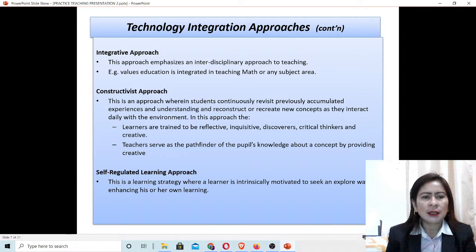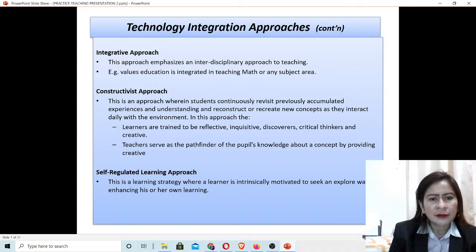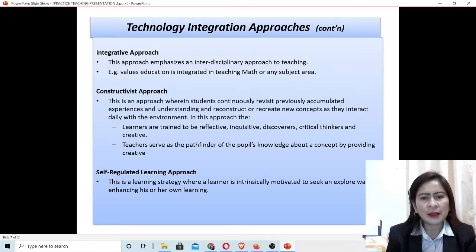Constructivist approach. This is an approach wherein students continuously revisit previously accumulated experiences and understanding and construct or create new concepts as they interact daily with the environment. In this approach, the learners are trained to be reflective or inquisitive discoverers, critical thinkers, and creative. Teachers serve as the pathfinder of the pupils' knowledge about a concept by providing creative